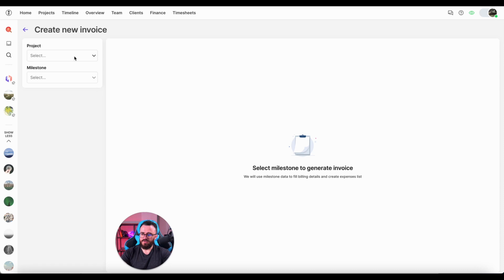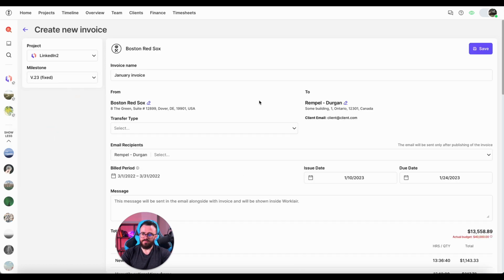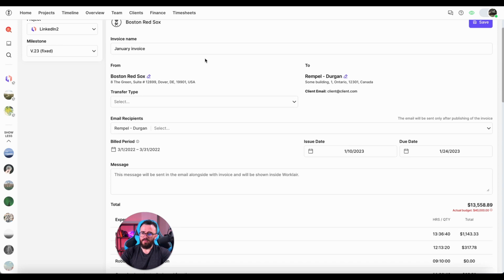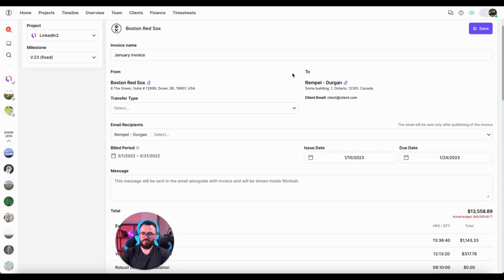So when you click start invoice, you select the project and you select the milestone. This is how it operates, and then click generate. So it's January invoice because today is January, it picks today's date. Here from the invoice we get a lot of information such as details about client, and Rampel